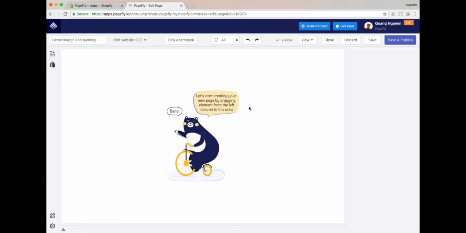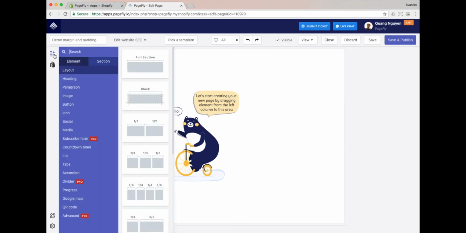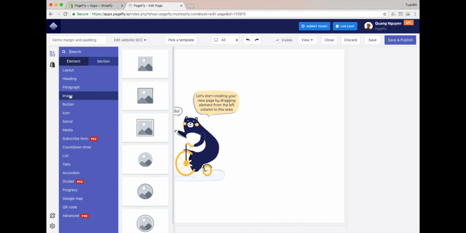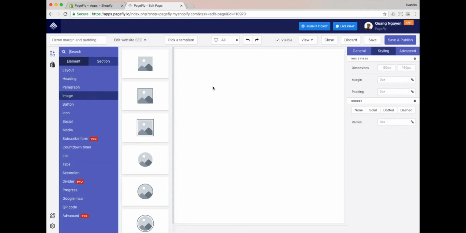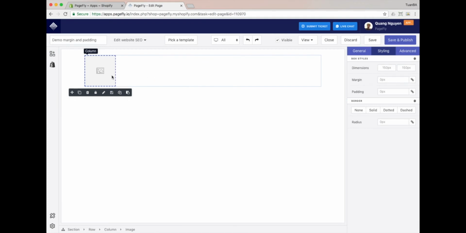In this video tutorial, you'll learn how to use the margin, padding, and border in the page layout structure. To easily understand these things, we'll take a closer look using the image element and pre-designed Essence page template as an example. Let's start with dragging the image element from the General Elements category and drop it onto the editing